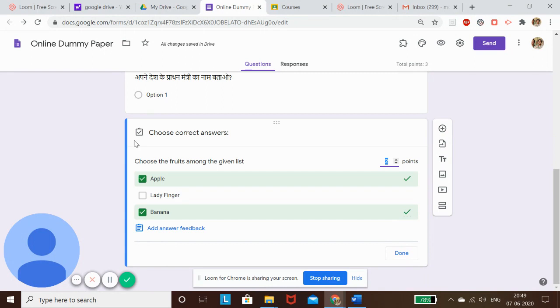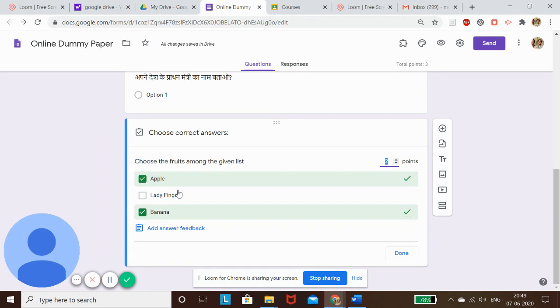Now, in the answer keys, I have given the answer as apple and banana, but the student selected apple and ladyfinger. And I want the student should score 1 mark out of the two because at least one option has been chosen correctly. That means partial marking of the question.